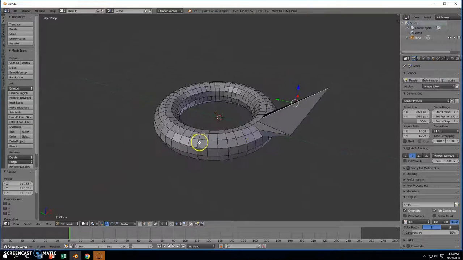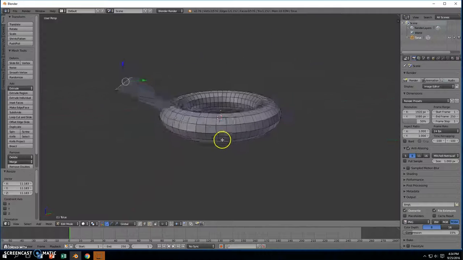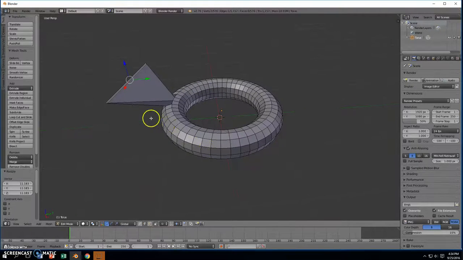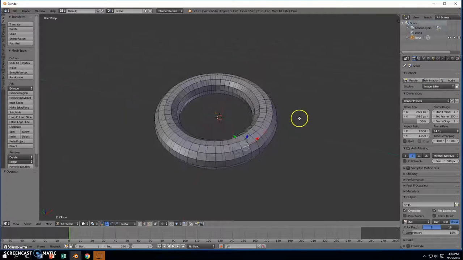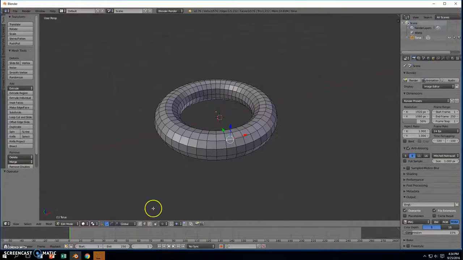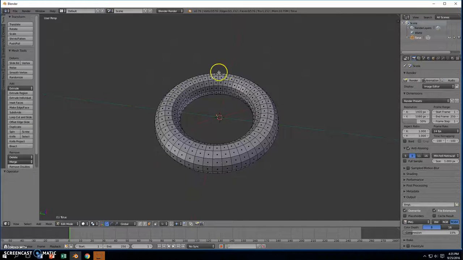So I can do some very interesting things in just a few clicks, and that's just one of these edges on here. And I'm going to go ahead and press Control Z. I'm going to back up a little ways. I'm going to get that back where it was. And we're going to select down here, not the vertex or the edge, we're going to select the face. So now I'm going to click on the face, and now you see all the dots are in the middle